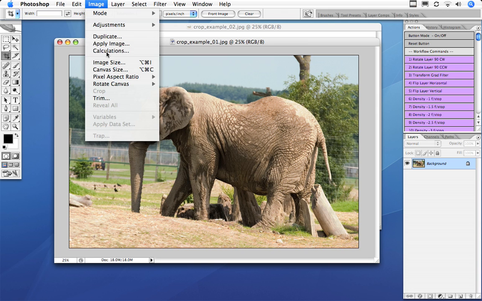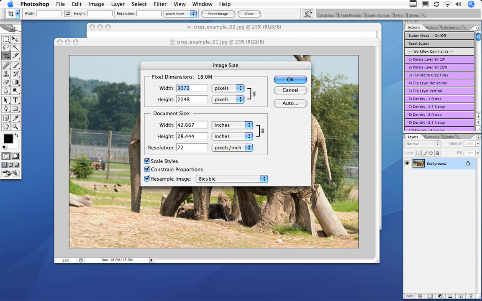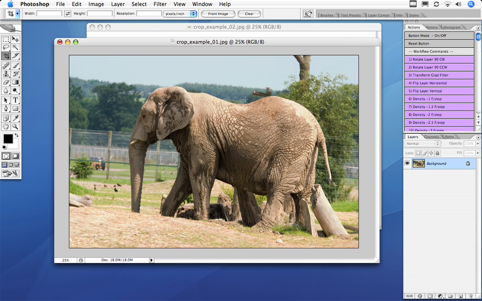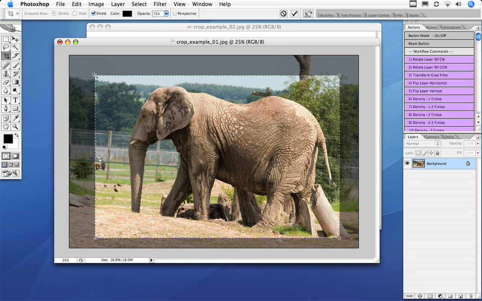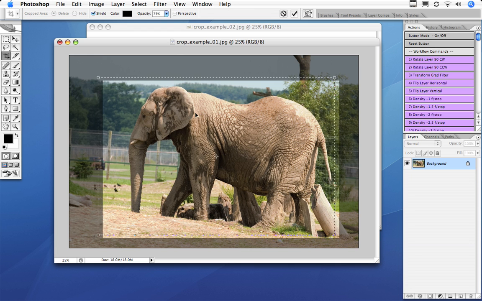If I press Clear, that clears the data. But if I get into Image, Image Size, untick Resample Image and set that to 209, you'll now see I have a 14 by 9. If I click OK and then click Front Image, you'll notice that data has now been transferred because I've altered the image size. And this means that you could go in and crop this image and we could lose quite a lot of the